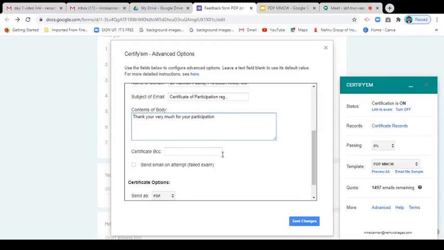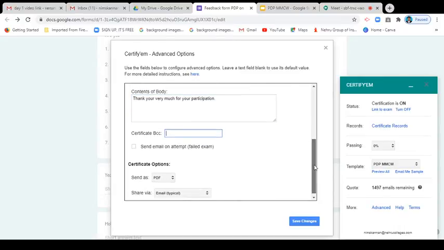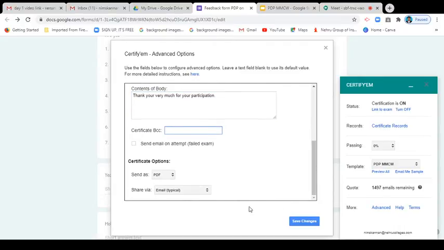Okay, and you have to mention any PCC, you can mention it, otherwise no need to, it's a repetition one. And another thing, which option you have to send, whether you have to send the PDF file or image file. Compared with the image, the PDF file size is less. That's why in most institutions we receive the PDF file as a certificate. Okay, so you click the PDF file and share via email.